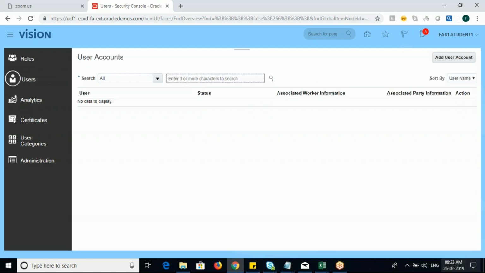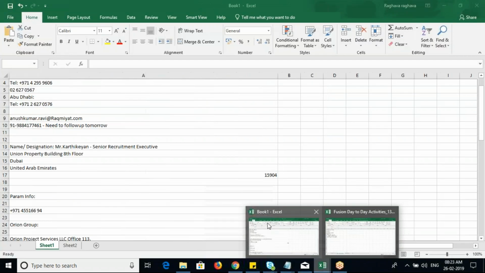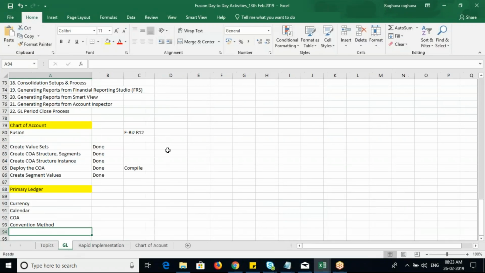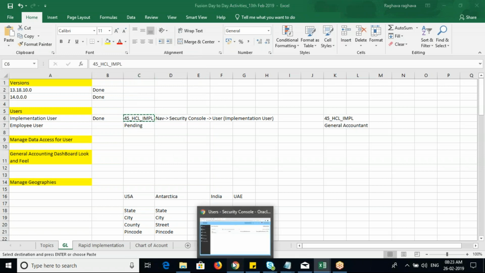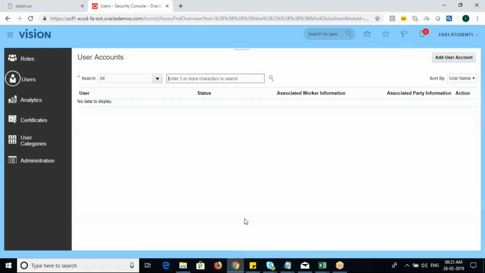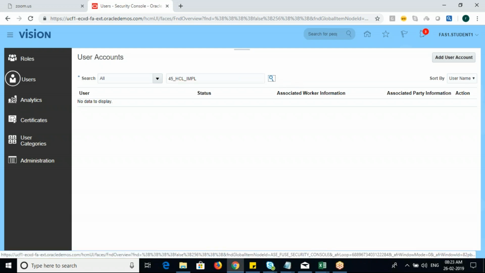Let's check what our username is. If we have our username, it's good. If not, then we will go with it. C45 HCLIMPL is our user ID. See, it's not there. So this is completely a new instance from scratch. Just click on the user, click on add user account,